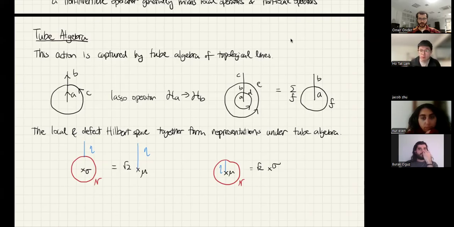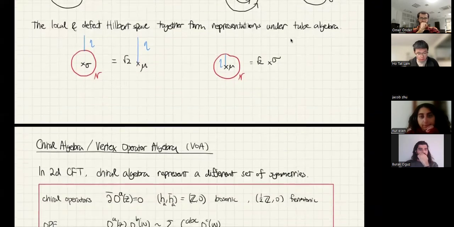Okay, so are there any questions at this moment about topological defects and tube algebras? Good. If there are none, then I'll move on to talk about